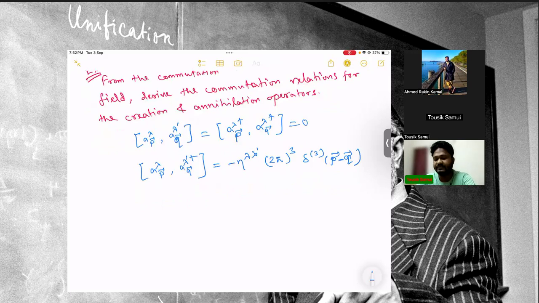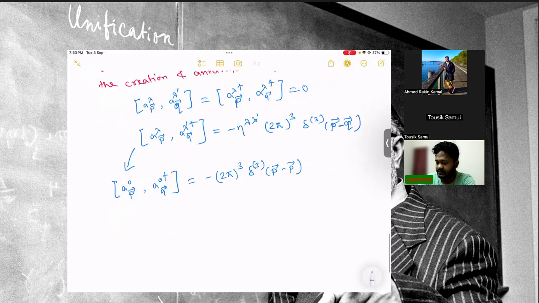since space and time are on equal footing, but they have a relative minus sign that we already saw. So now if we see this for the 0th component, the commutation relation for the zeroth component is nothing but this, which gives us (2π)³ δ(p−q). Okay, so this is the q